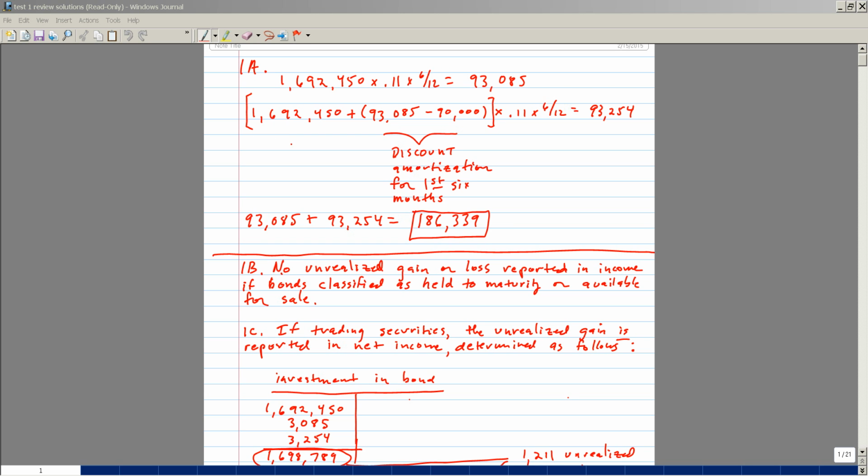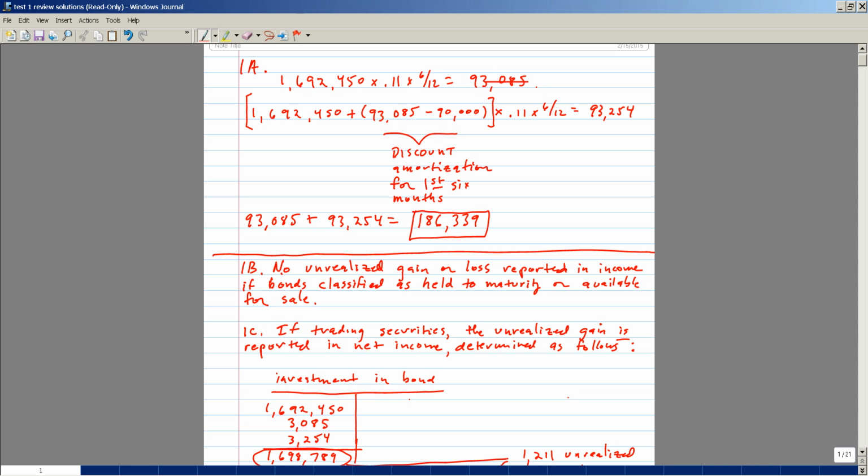So the solution in part A of the problem. Part A asks for the amount of interest income the company will recognize in 2015. You have to do a separate calculation for the amount of interest revenue to recognize in connection with the July 1st receipt of interest and in connection with the accrual at December 31st of the interest to be received on January 1st, 2016. So for the first 6 months of the year, we're going to recognize